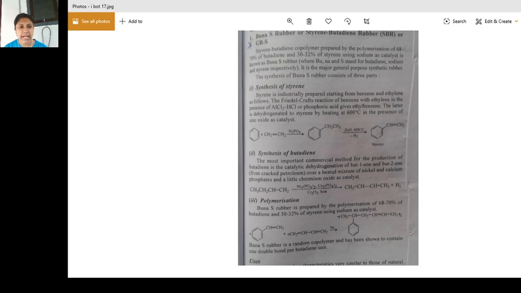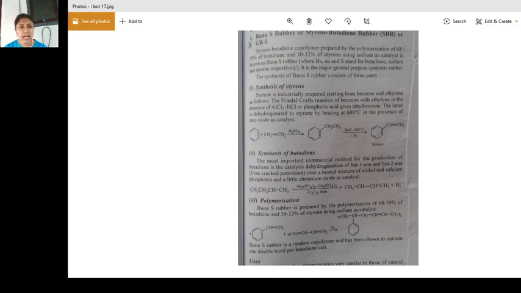double bond between carbon atoms of the side chain, CH double bond CH2. That is, two hydrogen atoms from the side chain CH2CH3 are removed, forming a double bond between two carbon atoms, that is CH double bond CH2, and that compound is known as styrene. You know that styrene very well. We are using thermocol and that thermocol is styrene itself. The styrene molecule, when processed by the air blowing method, forms thermocol, and that thermocol you are using is styrene. Then next one is butadiene.